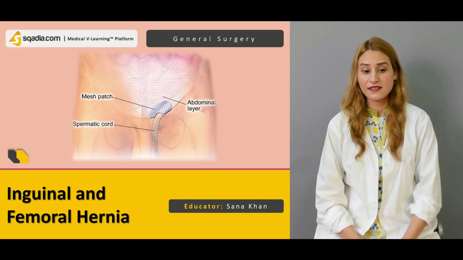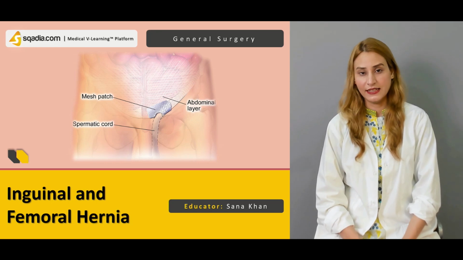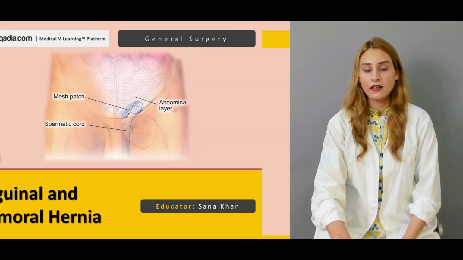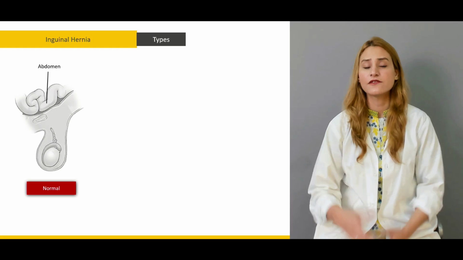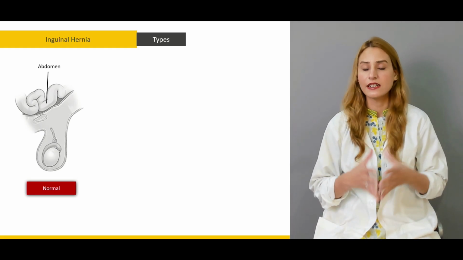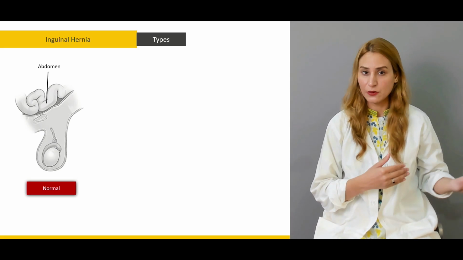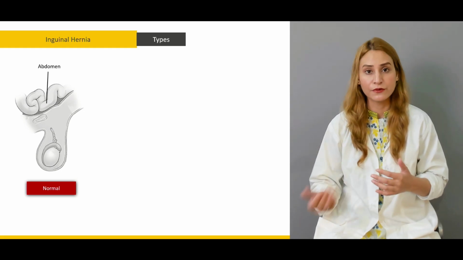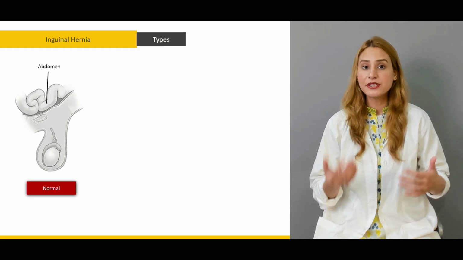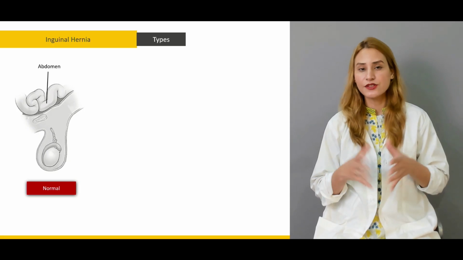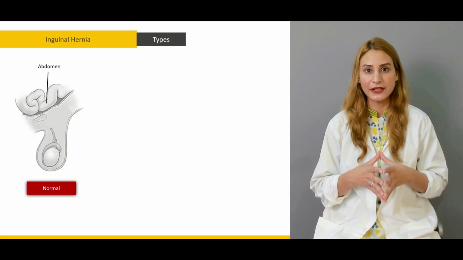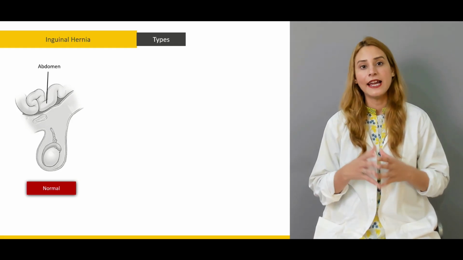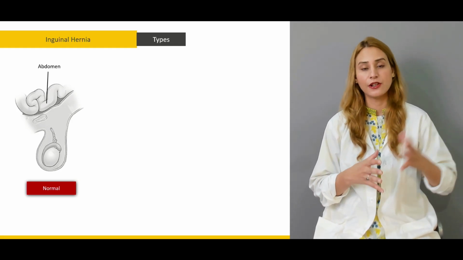So let's discuss the inguinal and the femoral hernias. To know about them, first we're going to learn a little bit about the inguinal hernias, and then we will move toward the femoral hernias. But to know about the inguinal hernia, you should know a little bit of the anatomy. So we will talk about the inguinal canal and the surrounding structures which are located in